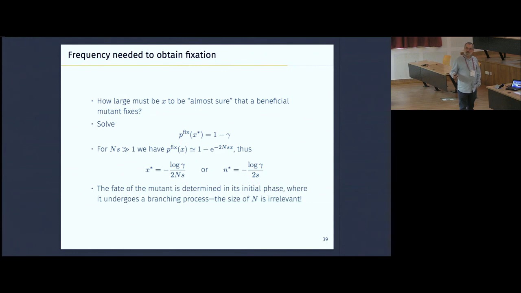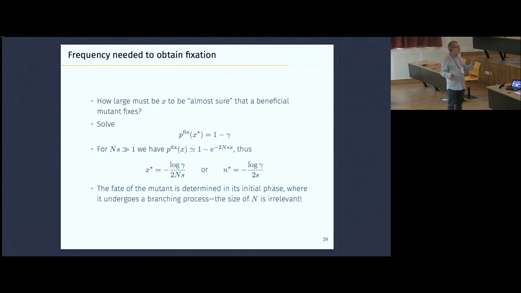You just invert that, and you find that N must be larger than N star, which is given by the absolute value of log of gamma divided by 2S. So apart from a factor of 2, it is pretty much the same thing that we had yesterday for the probability of not being extinguished. So the fate of the mutant is determined in the initial phase,